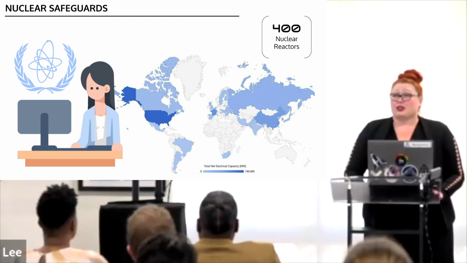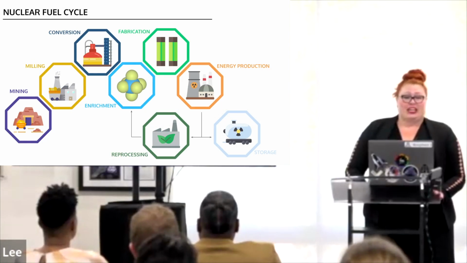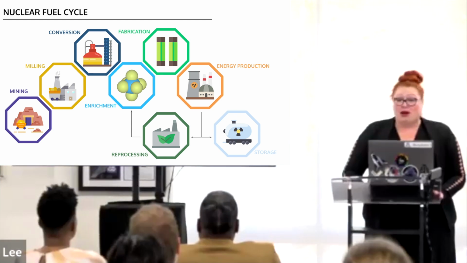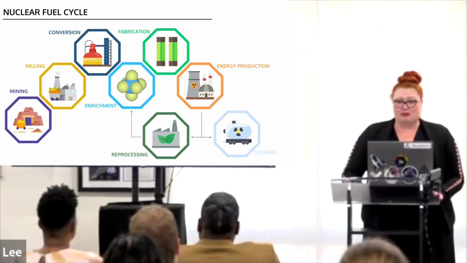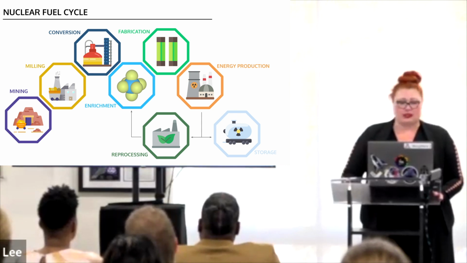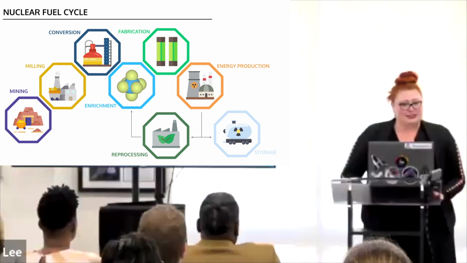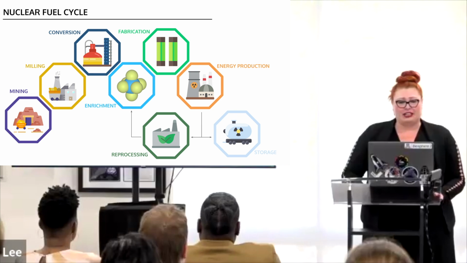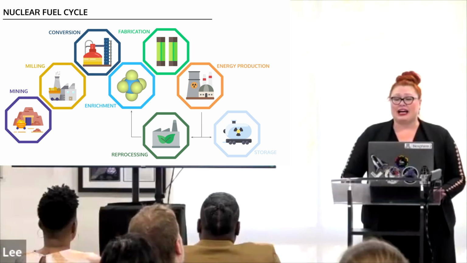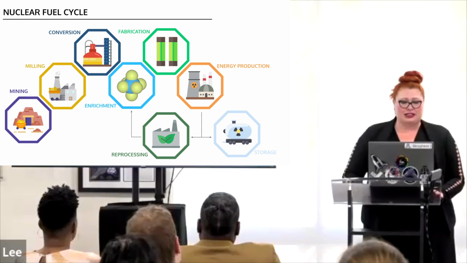So let's go over the nuclear fuel cycle. The nuclear fuel cycle begins by mining to extract uranium ore. It's then milled to remove impurities and converted from uranium oxide into uranium hexafluoride. Then it's enriched from uranium hexafluoride into a more concentrated form of uranium-235, which is the isotope that's needed to drive the nuclear reaction, before converting it into a solid form that can be